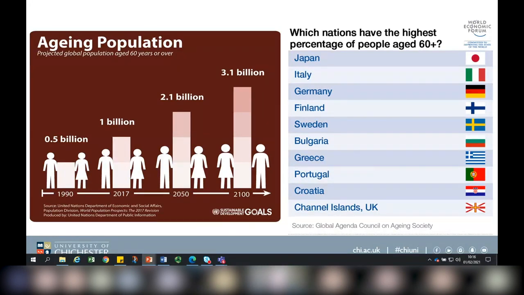Okay, so on the right is just a list, and you can see that actually there's a lot of European countries there, except for Japan, that are having older, aging populations. Don't they suppose that population will eventually plateau? And I guess that will correspond with economic development. I know that Japan and South Korea are on the decline. So we might never really get a bigger population than this. Well, Sweden is in a negative position in terms of its population growth.